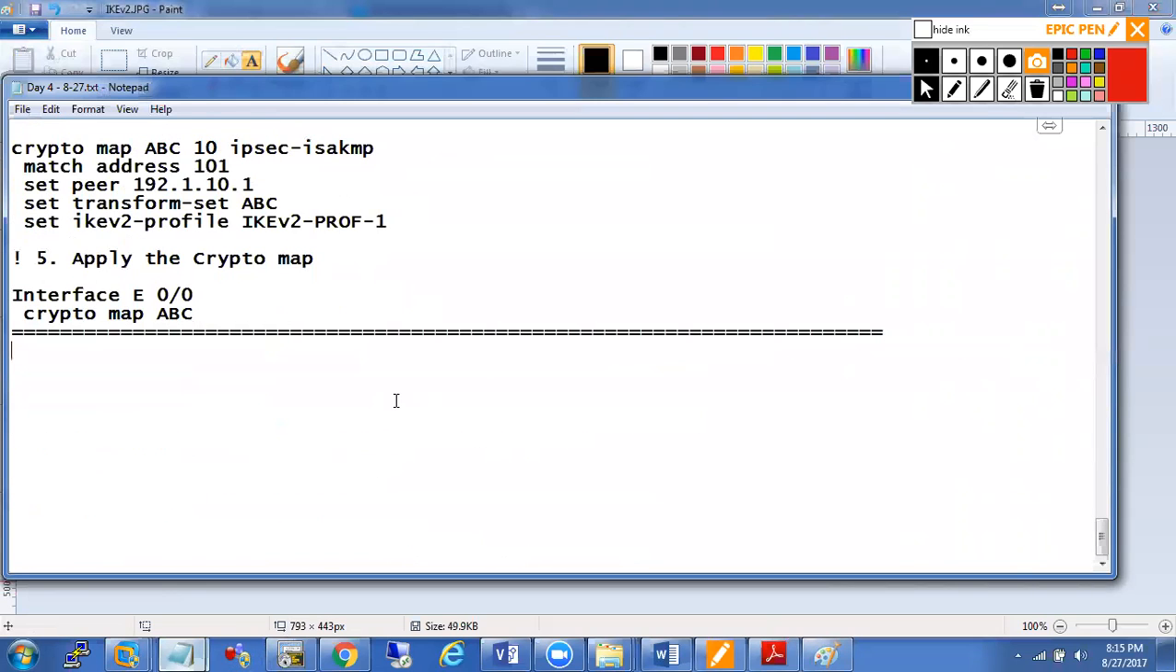So this is IKEv2 using SVTI. So again, I'm going to do it on R3 and R4. R3, let's just do it manually. 1A, the IKEv2 proposal,